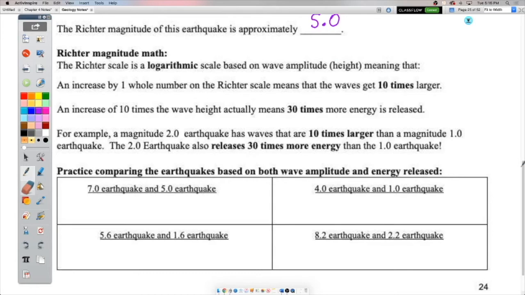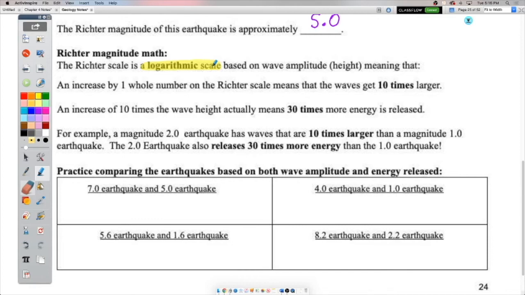Now the thing about the Richter scale is, you might be thinking, okay, a 2.0 is a little worse than a 1.0, and a 3.0 is a little worse than a 2.0, which is a little worse than a 1.0. The Richter scale actually doesn't work that way. It's a logarithmic scale. You'll learn about those in Math 30. What a logarithm basically is, I think of it as a way of counting in a times 10-y sort of way. You can count in a plus 1-y sort of way,